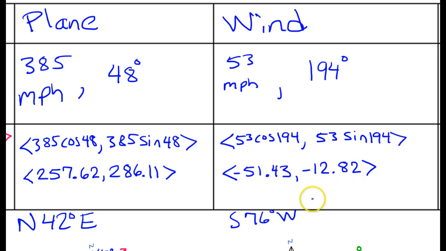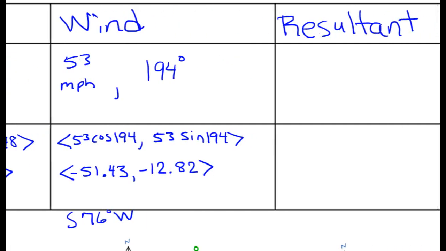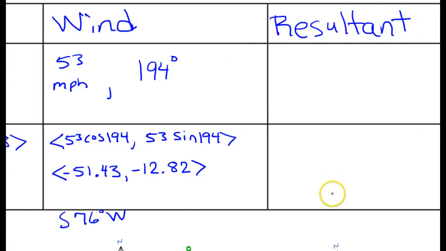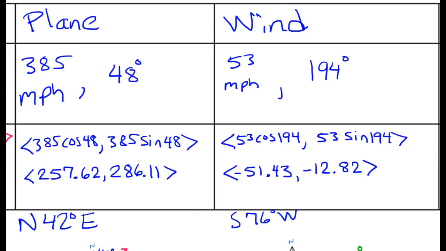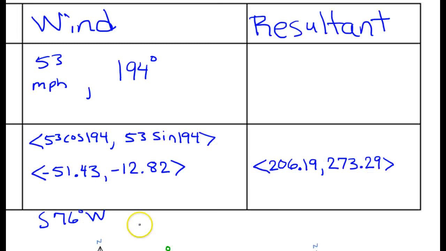12.82. So what we need is the component form of the resultant vector, the combination of the plane velocity and the wind velocity. And the way you can find that is easy in component form. Just add the corresponding components. So I'm going to add these horizontal components together, and I will add the vertical components together. And let's see what we get. So the resultant vector in component form is 206.19, comma